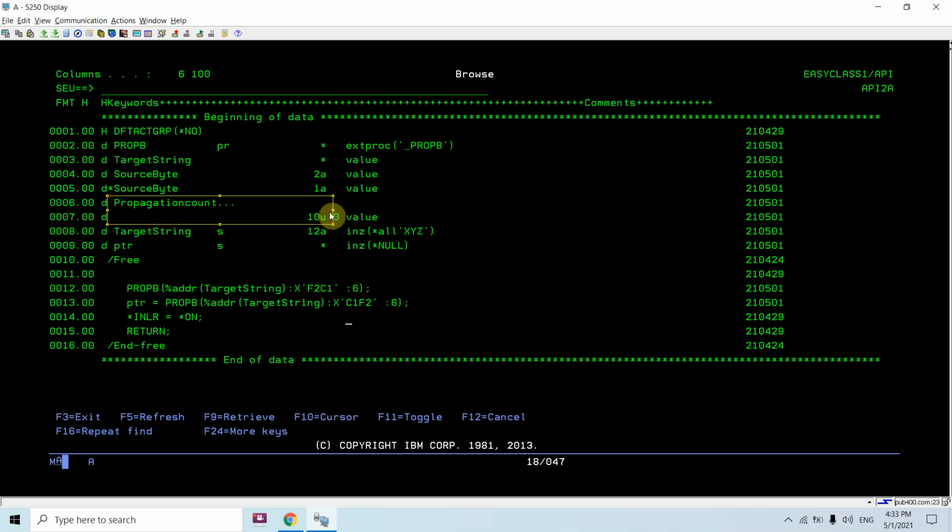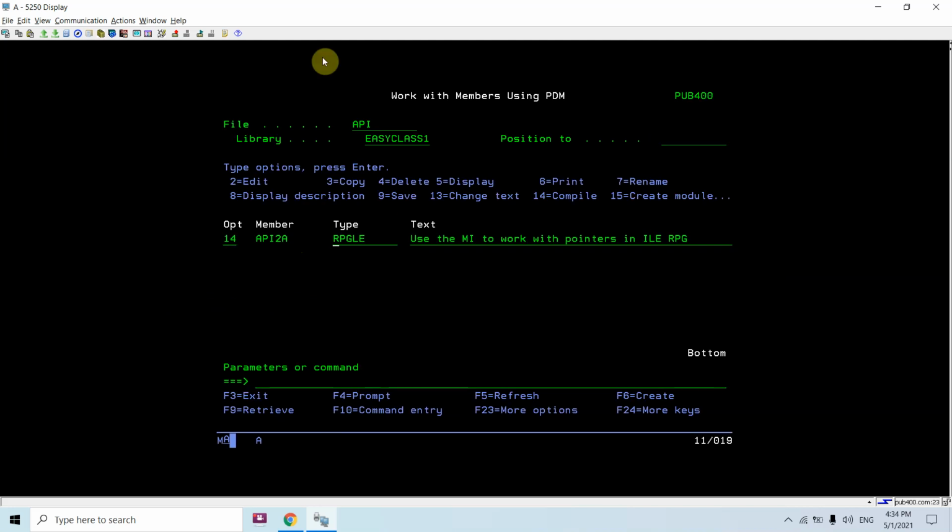And this is the propagation count, which is signed binary 4B, 4 signed binary, and you can see all these things. So this will return a pointer. It will take the address of the target string, and it will propagate the byte. That could also be a pointer, it depends upon you. And the propagation count. So let me compile this